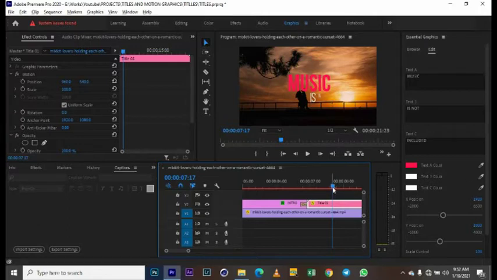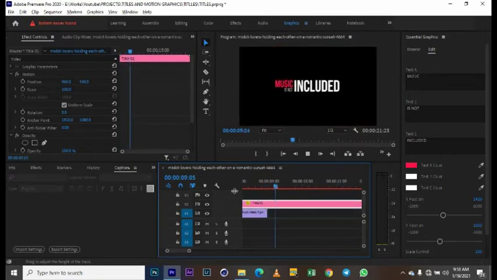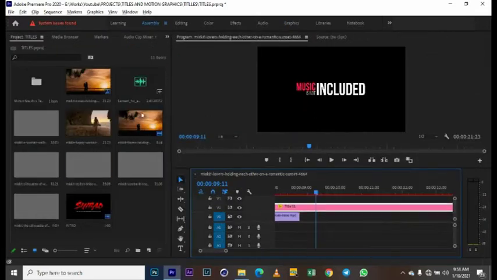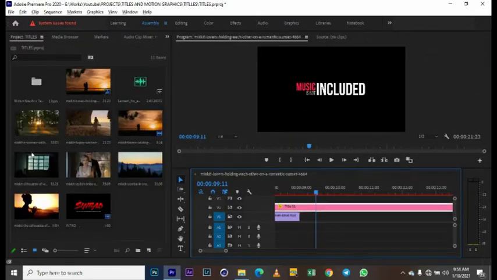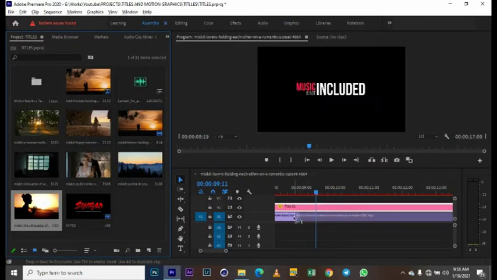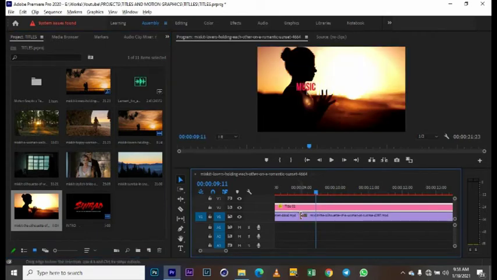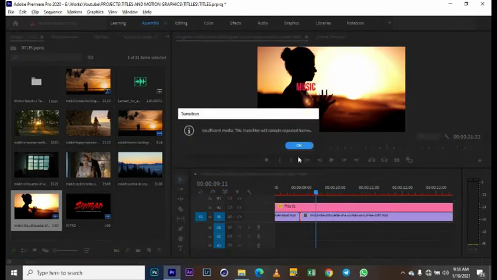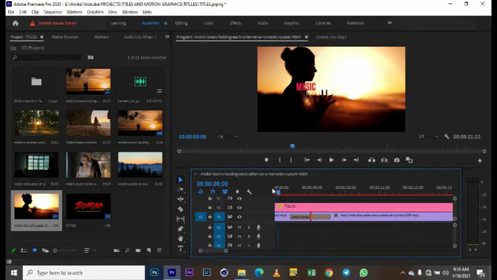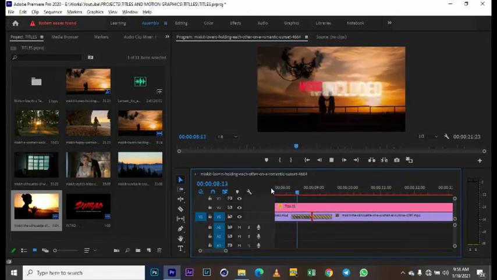Then it goes well. So when we give it a playback, this is how it goes. So let's add a footage in order to make it longer. Let's add something like this and give it a default transition. It's no problem. So we have something like this,